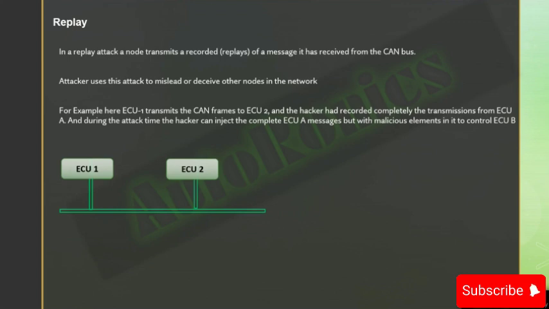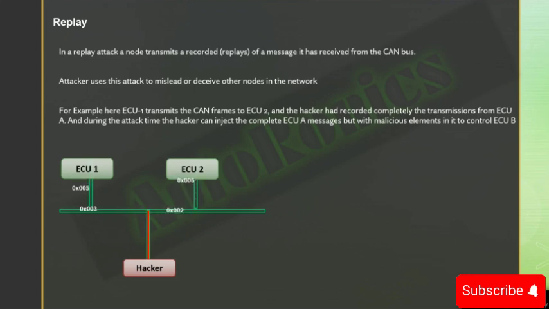Let's have a look at two different ECUs that are sending messages. You see the message sequences are 2, 5, 6 and so on. These are at certain intervals that ECU1 sends, and it is satisfying the basic criteria of ECU2, let's say CRC, the values, the format, all those. So ECU2 can happily accept all the messages that are coming in.